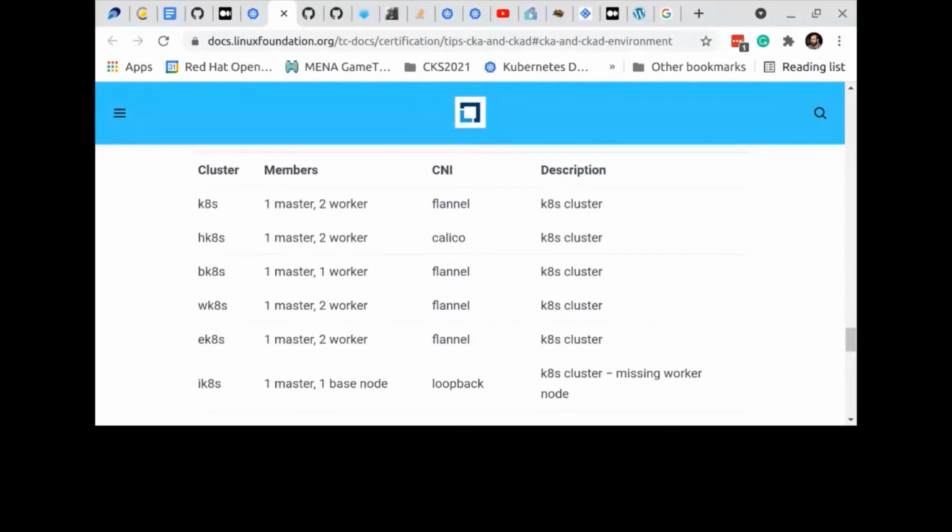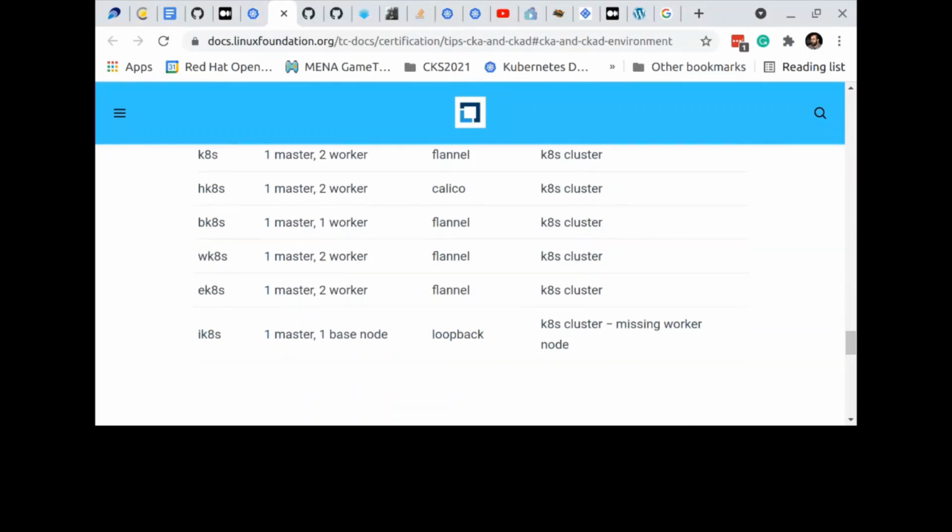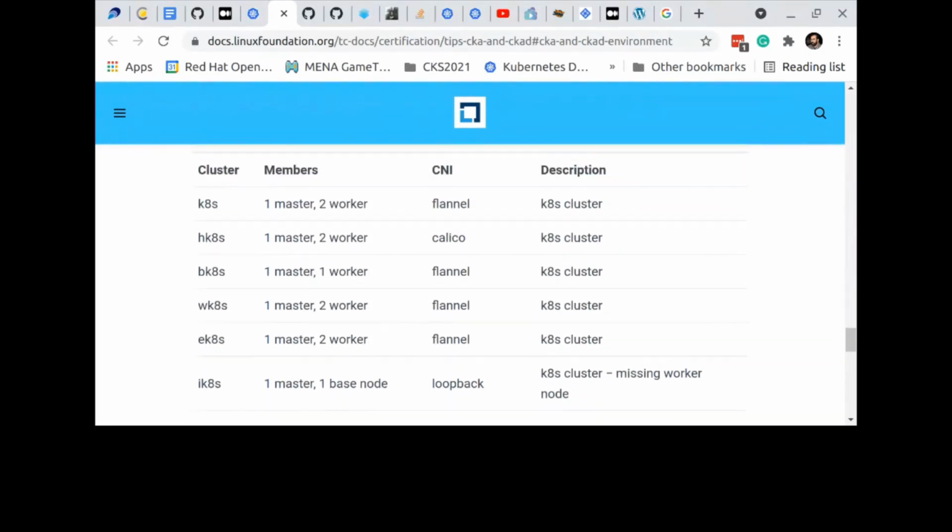So here you can see that for the first questions, you will probably get the K8s cluster of one master and two workers, and the network plugin, the CNI plugin, is Flannel. You can see there is Flannel, and you know that Flannel doesn't support network policy. So most likely these will not be network policy questions. Anything with Flannel or loopback will not have network policy. For network policy, most likely it's Calico. You can use Calico policies, which is not recommended, because I said keep it simple. And the cluster will be one master and two worker nodes. So you can see here what kind of environment you need to work on.